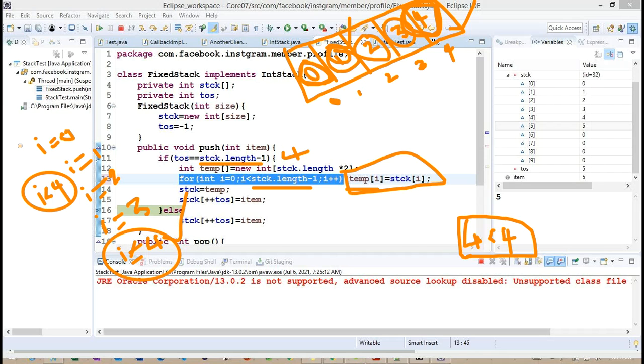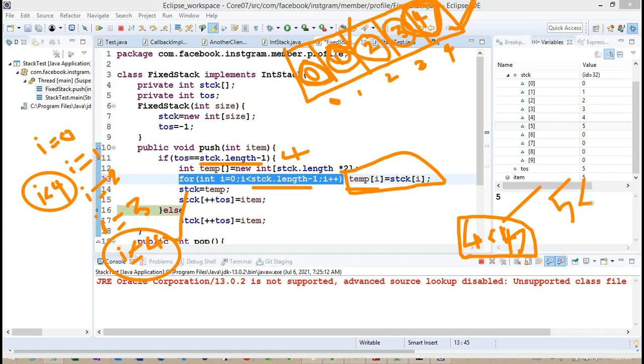Now, instead of using length minus 1, what we can do is use length here. If we make it length, we will have 5 here. Getting the point? So 4 less than 5, the condition is satisfied, and the 4 value is also copied.